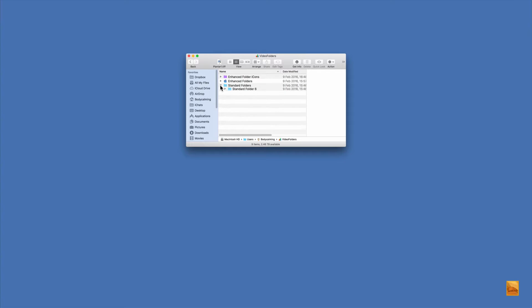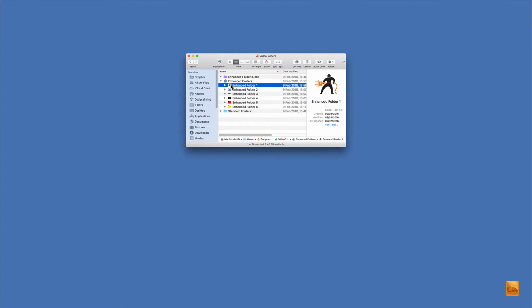As you know, your folders would normally look this blue color. They would all look the same. But what if you could actually enhance the folders so that you instantly knew what was in there without reading any text? For example, this could be your electricity bill, or your water, or even your bank.